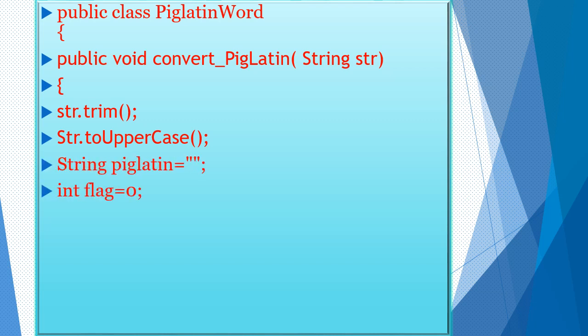We define a variable PigLatin for storing the converted word, initialized to a null string, and the variable flag is used for incrementing its value when the task is completed.